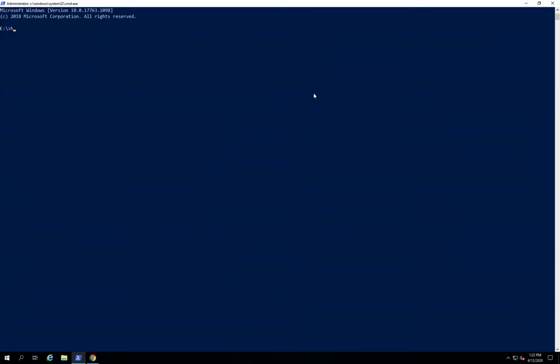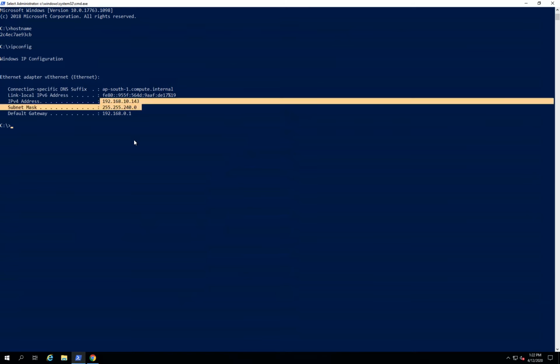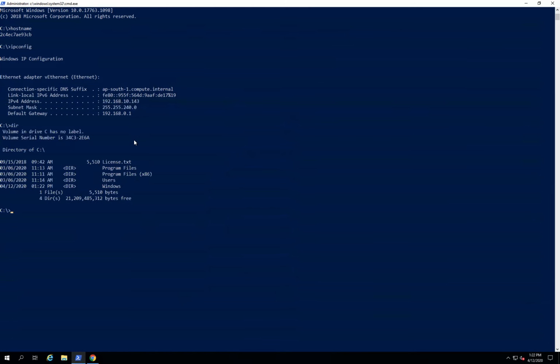And you can see the host name. The host name is entirely different. And ipconfig, this is the IP of the container. And if you want to see the directory structure, dir is the command. So here you can see the program files is there, program files 86 is there, users is there, Windows is there. So let's go to the users